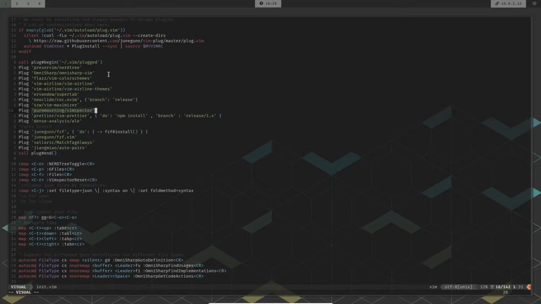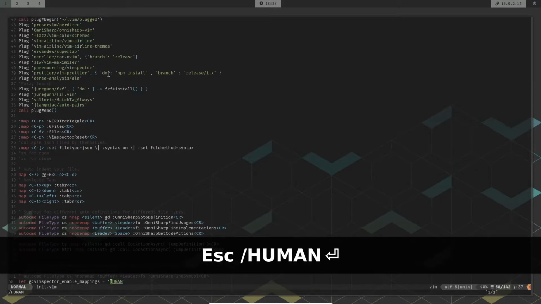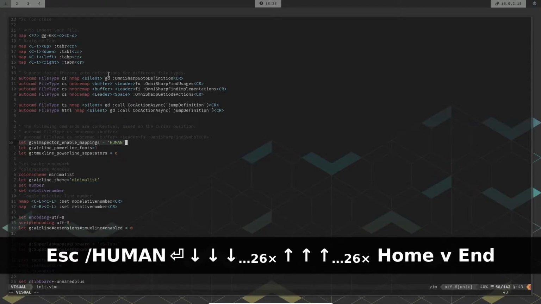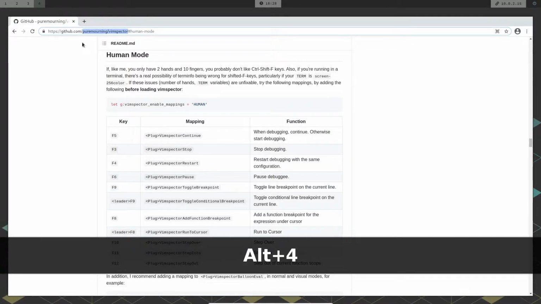Now we have to remember that Vimspector is a debugging tool, so there are going to be a lot of key bindings for different actions that you want to perform while debugging. One of the amazing things about Vimspector is that it gives you some of these bindings out of the box in what it calls the human mode. If we search for the word human in this file, we find this line of code, which enables human bindings inside Vimspector, and these are the default bindings that come in the human mode.